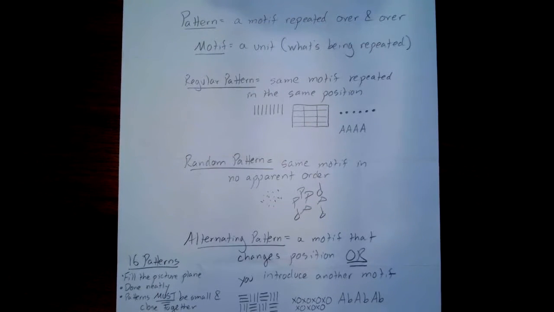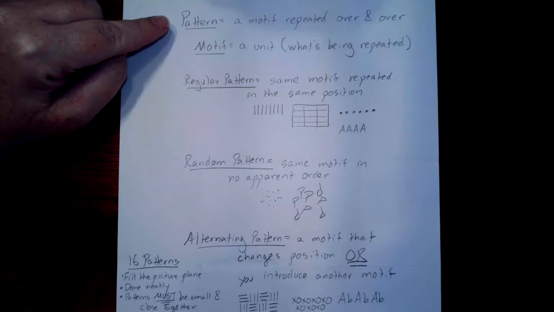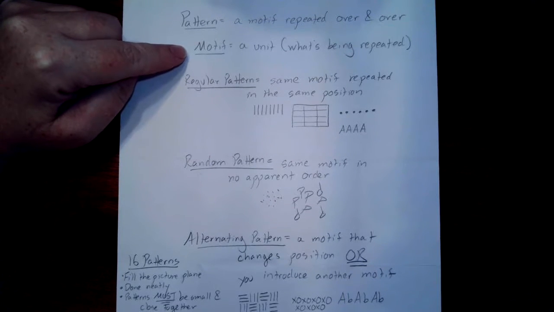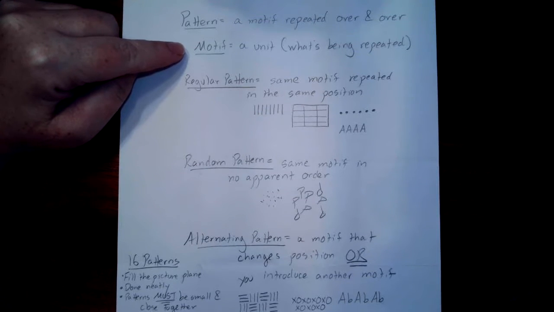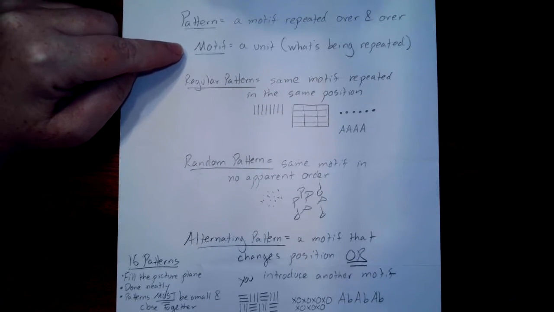Hey, seventh grade. So we are going to start a new lesson this week about pattern. A pattern is when you have a motif that gets repeated over and over. There's a word there you've probably not heard before, and that's a motif. A motif is a unit. It's basically what's being repeated. So if I had a shirt with stripes on it, one stripe is the motif, and then it gets repeated